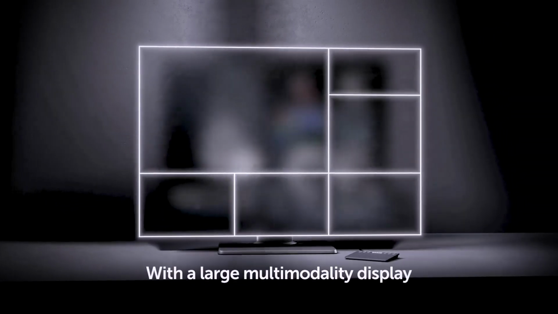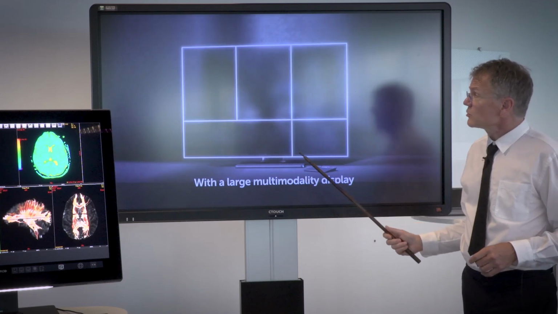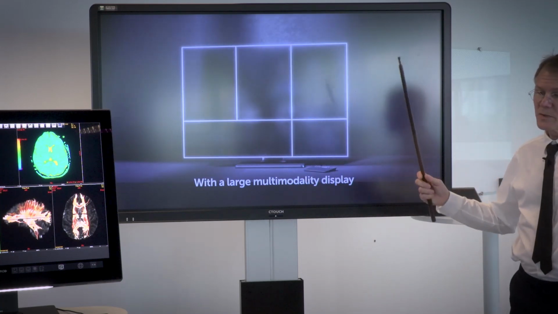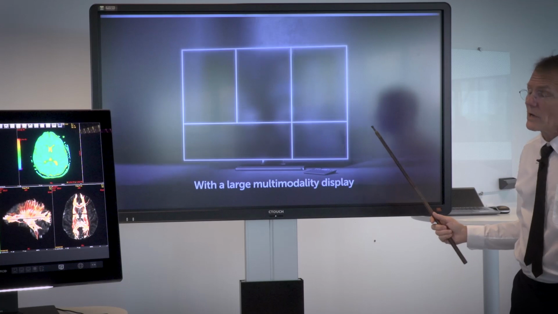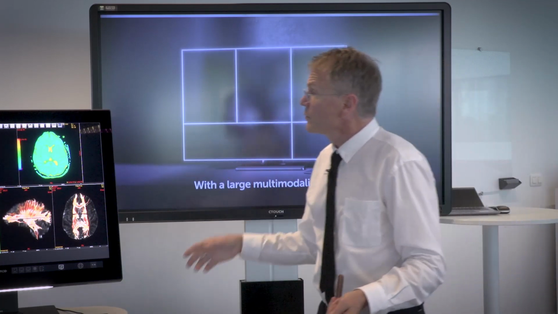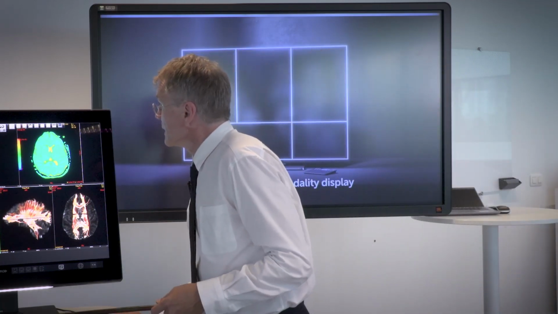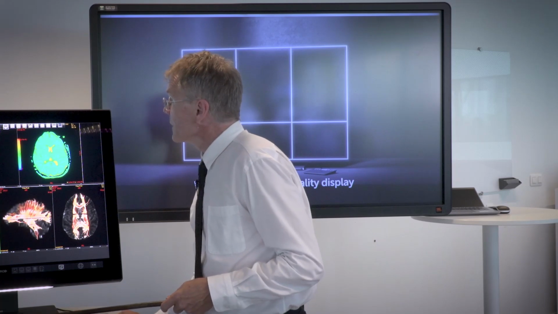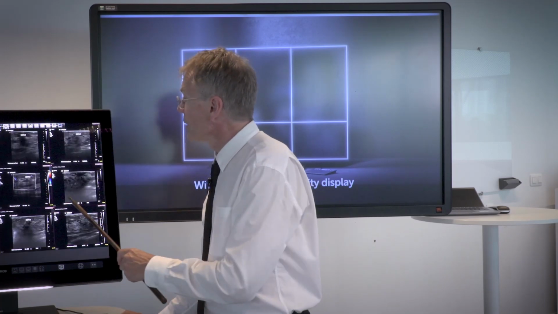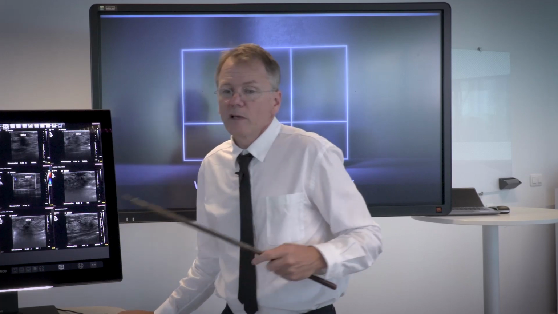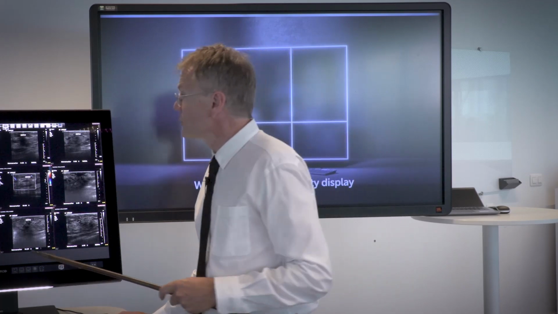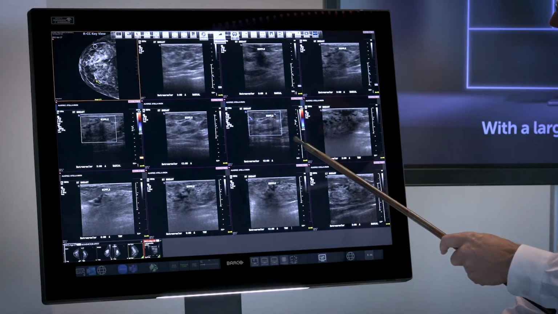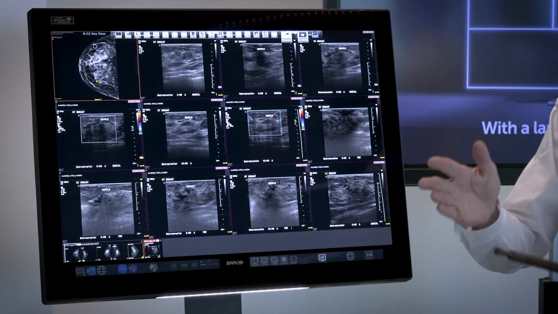The next thing is that because you have a 33-inch screen and it's one continuous piece, you can divide it up however you like. So for example, given that we have so much resolution, if I bring up something where maybe it's a case with 24 ultrasound images that I want to look at, I could look at 12 and then I could look at the next 12.